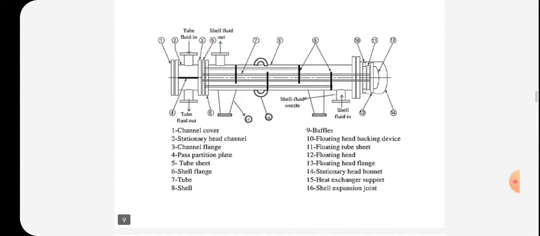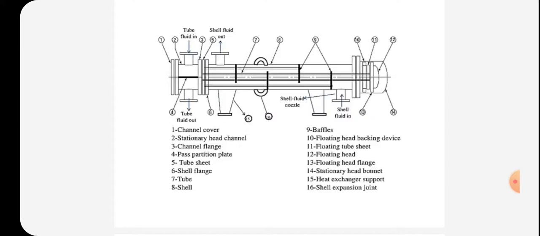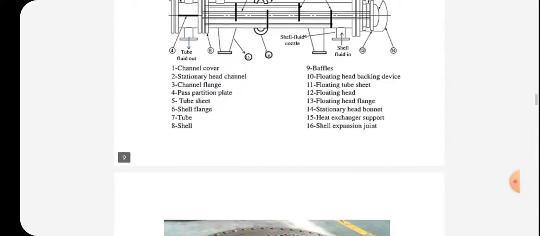See, this is the shell and tube heat exchanger. Here two tube sheets are provided, where at one end the necessary arrangement for tube fluid in and tube fluid out is provided. Then a separate channel is provided for the shell fluid out and shell fluid in, and a separate channel is also provided for the tube fluid in and tube fluid out. In between, the baffles and tie rods are provided. Two tube sheets are used here so that the tubes are fixed at both ends in the tube sheet. This is the well-known example of a shell and tube heat exchanger.